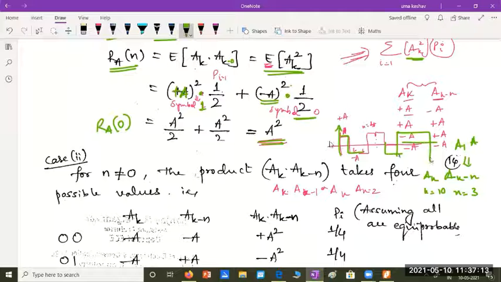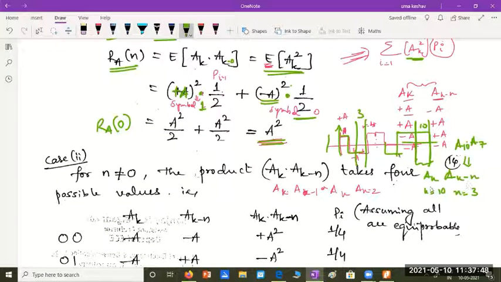rather than writing the negative. I can continue this on the negative side also. Anyway, here we'll say k is 10 and n is 3. So I have to consider a10 into a10 minus 3, which is a7. So I have to take, say, the waveform at the 10th position. So whatever is the value of the amplitude at the 10th bit, and whatever is the value of the amplitude at the third bit position, those two amplitudes I am multiplying.